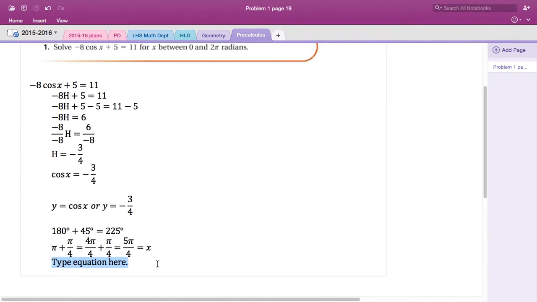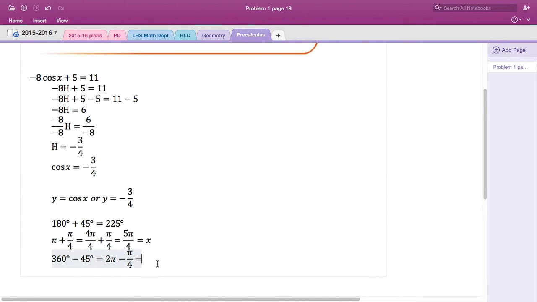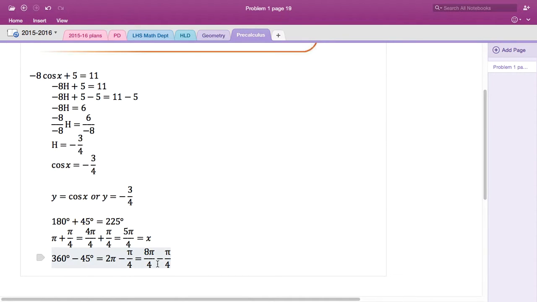So we have 360 degrees minus 45 degrees, which we know is 2 pi minus pi fourth, which equals 2 pi is 8 pi over 4, so it's 7 pi